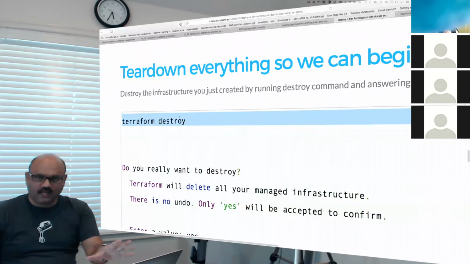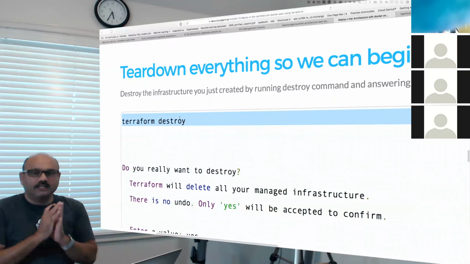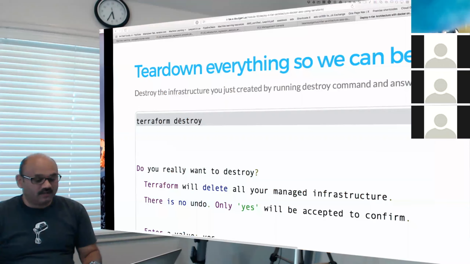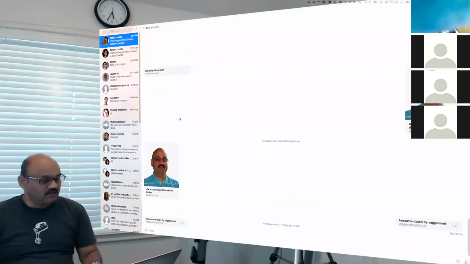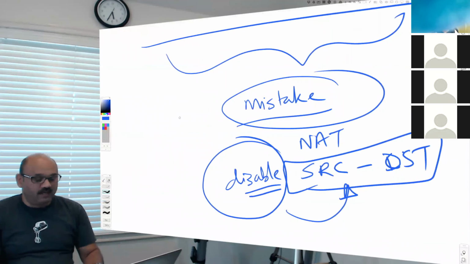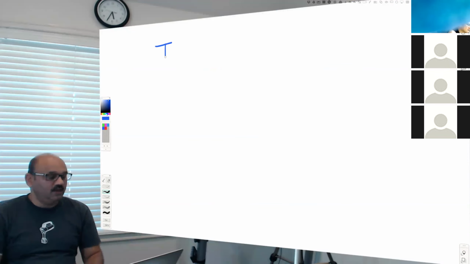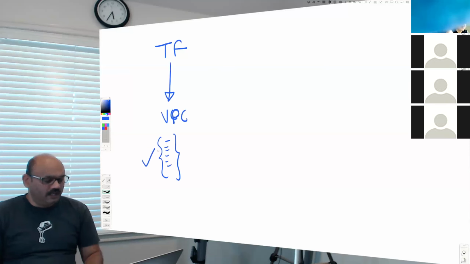But I don't want to rush into destroying right now. I want to try a slightly different exercise, which is not in that write-up. Right now we have this infrastructure, this architectural layout, ready for us. So let us summarize what we have done up until now, and what our game plan is as a digression, and then we'll come back to the same exercise. We are using this Terraform tool. We created a new VPC, and it had all these things that we called out. All of it is done: 16 resources created.